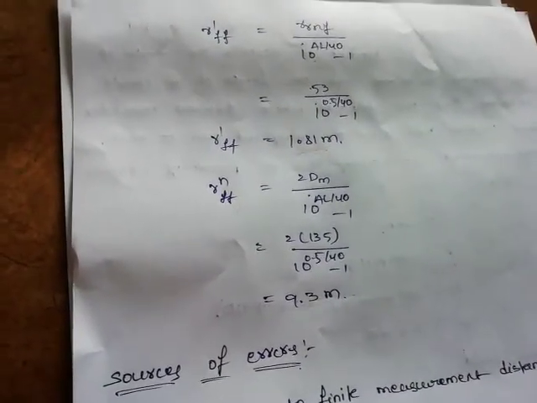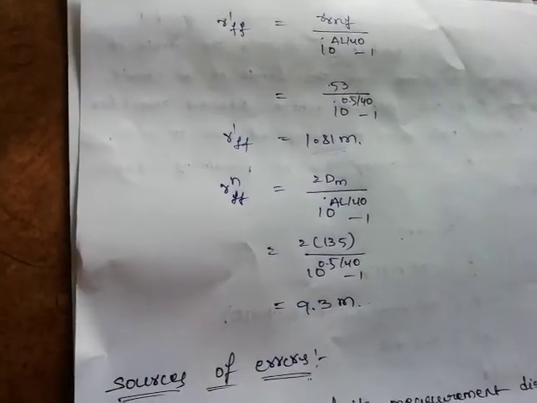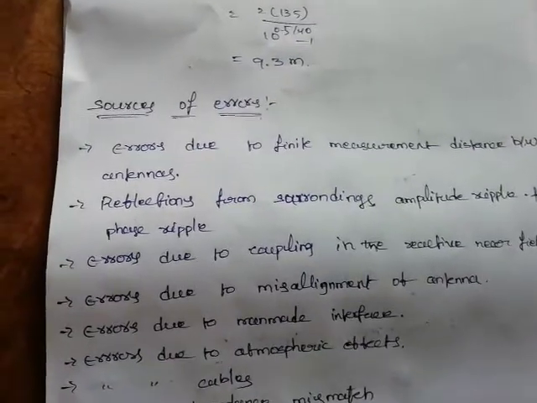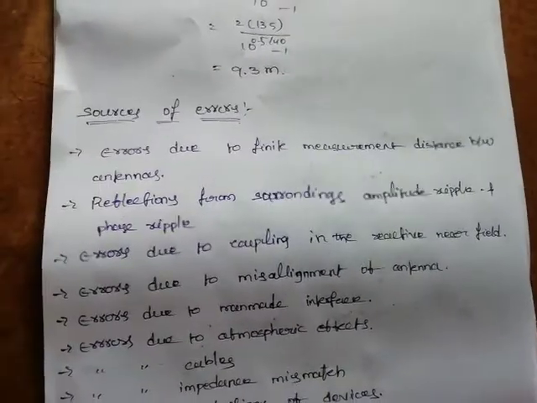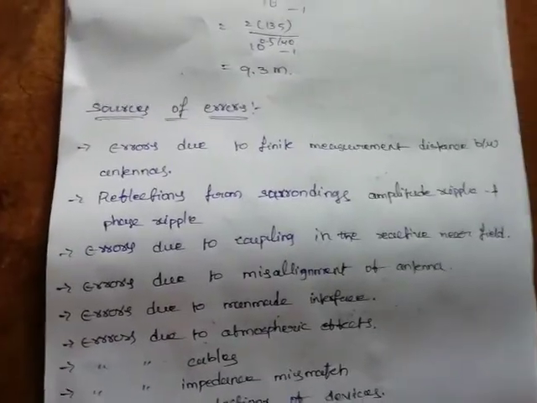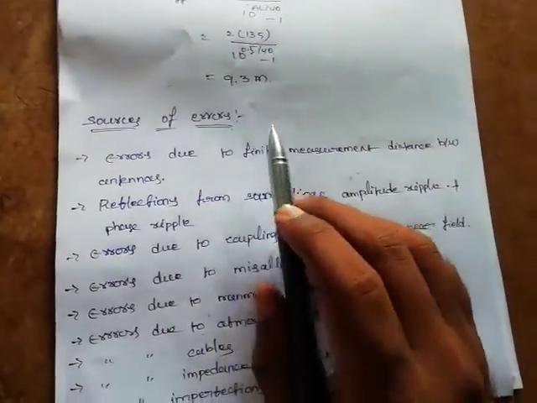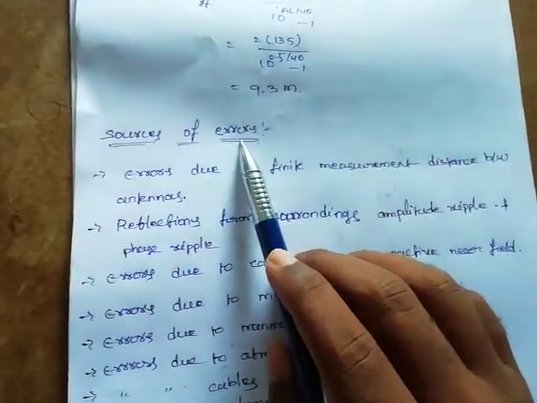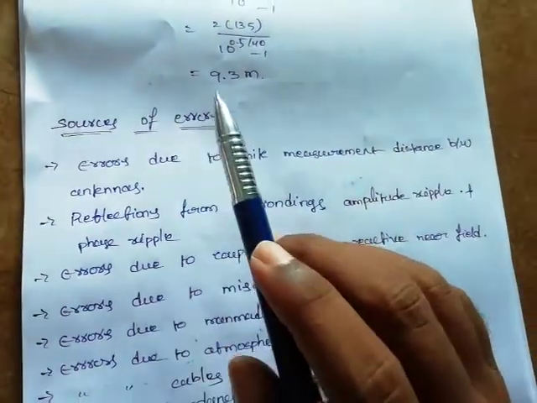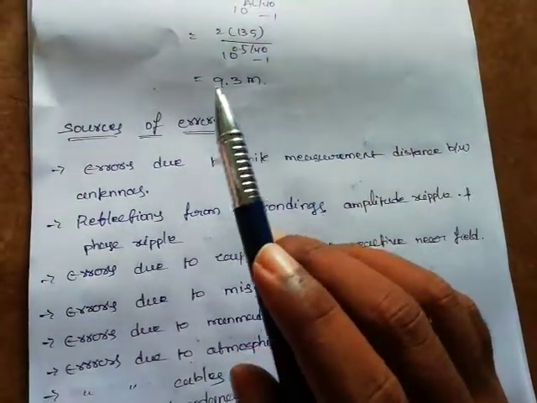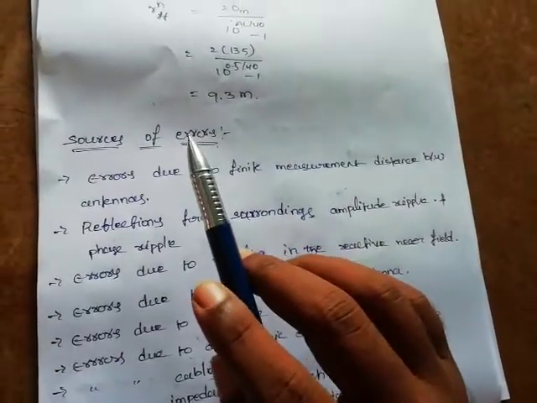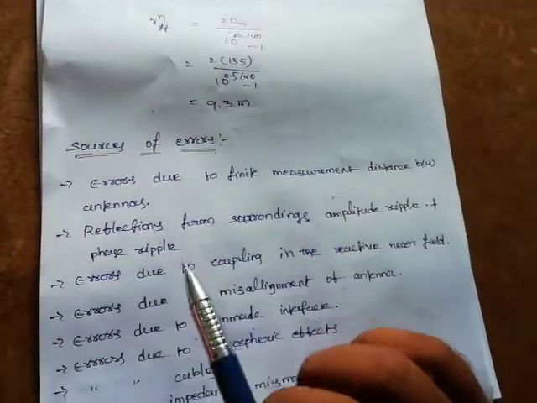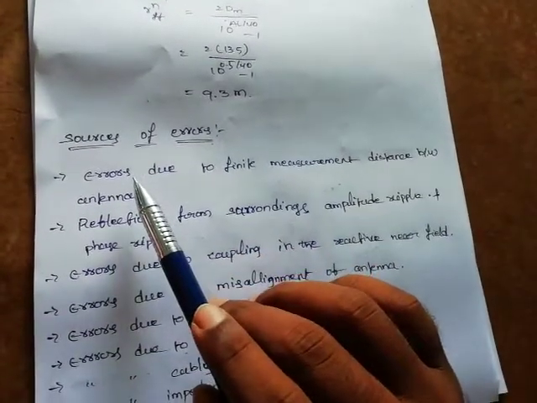Reciprocity is also there in our first unit, that is completed. Next, the topic is sources of errors. This is the theoretical part, so you can get a 2 or 3 marks question on these sources of errors. What are the sources to get errors in designing any antenna? If you want to design any antenna, how do you get the errors, from where, and what are the sources of those errors? Here you have to write. We will discuss the sources of errors here.